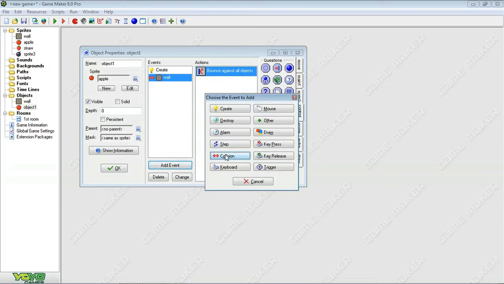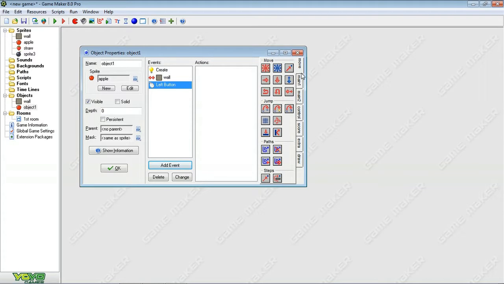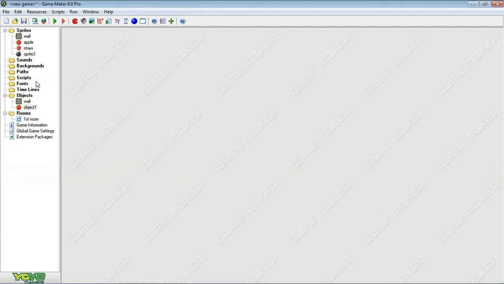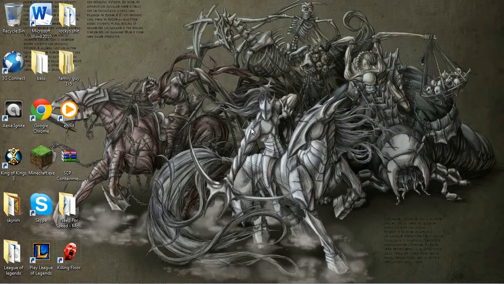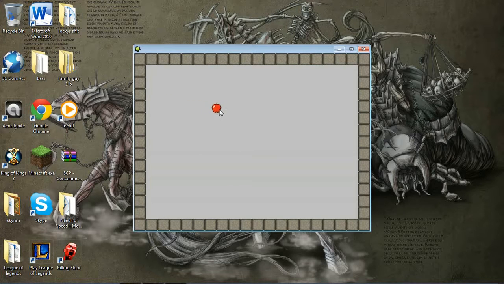So now I'm going to add event, and this is going to allow us to all gain points. So what I'm going to do is I'm going to click left mouse button, because that's the one I'm going to use, and I'm going to write jump to random. Now what this is going to do is when we click on it, hopefully it's going to randomly jump a spot. So let's try, see if that works. See, it jumps to a random spot,